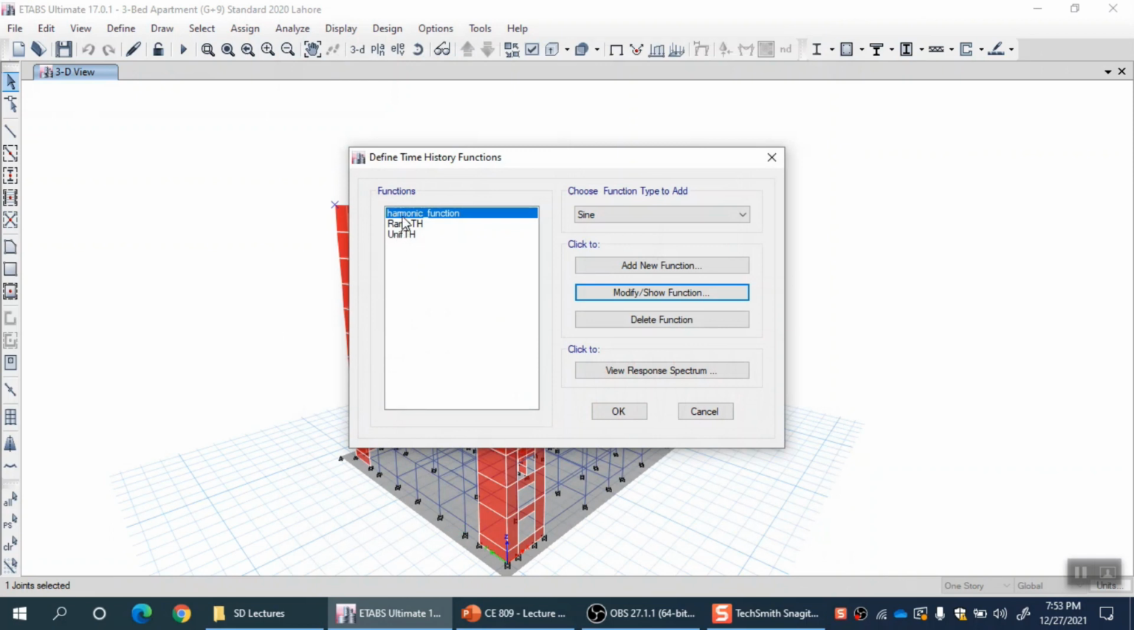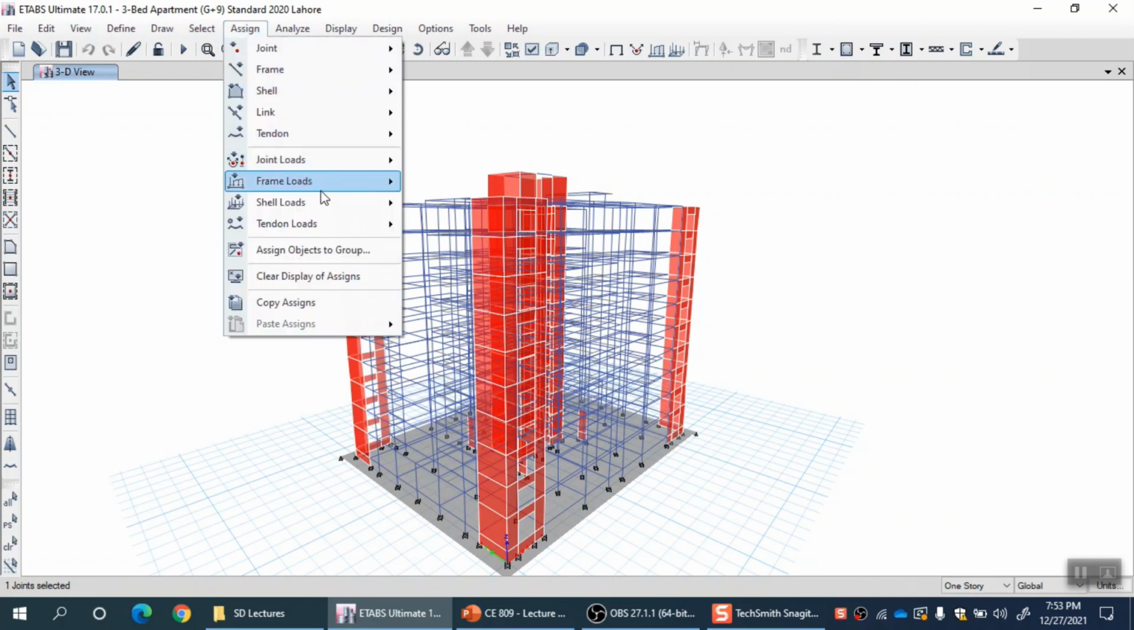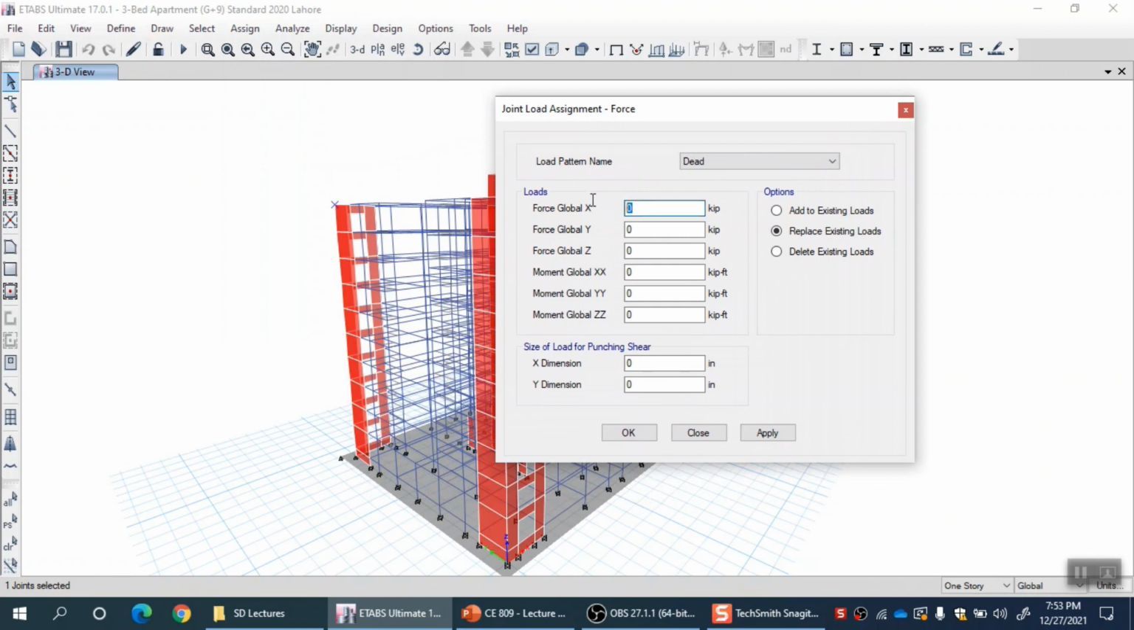So that name is harmonic function. I just click OK. Now I select that particular node which I want to assign harmonic dynamic loading. I go to Assign, then Joint Loads, then Force, and in the global X degree of freedom I assign, let's say, 1000 kip. So 1000 kip in the positive direction of the X axis, and I need to assign it